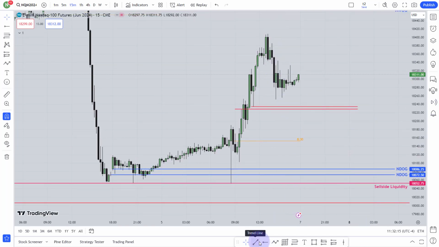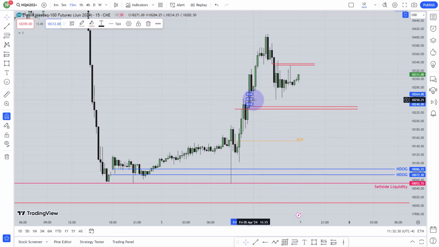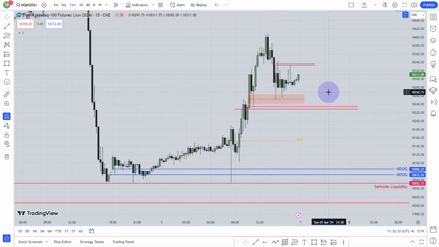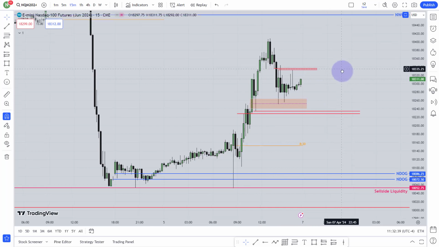Here you can see market has traded that 15-minute fair value gap over here. This 15-minute fair value gap has been traded over there, and market just tried to fall, but it failed to fall. It actually respected this bullish fair value gap from 15-minute chart. Why this fair value gap? I have already uploaded the video. Please watch that video. This is the entry fair value gap from that leg. So it actually tapped over there. It is in range bound.